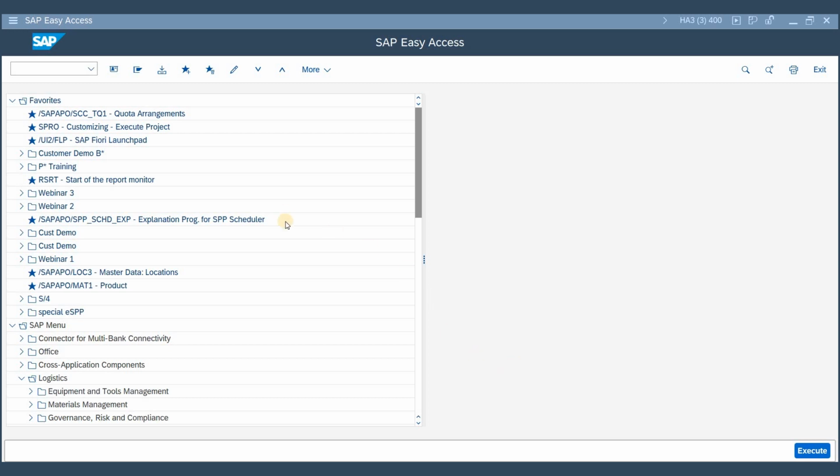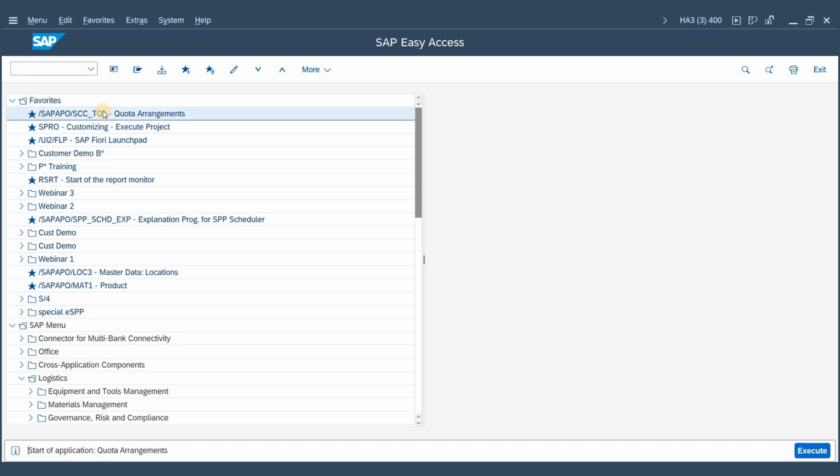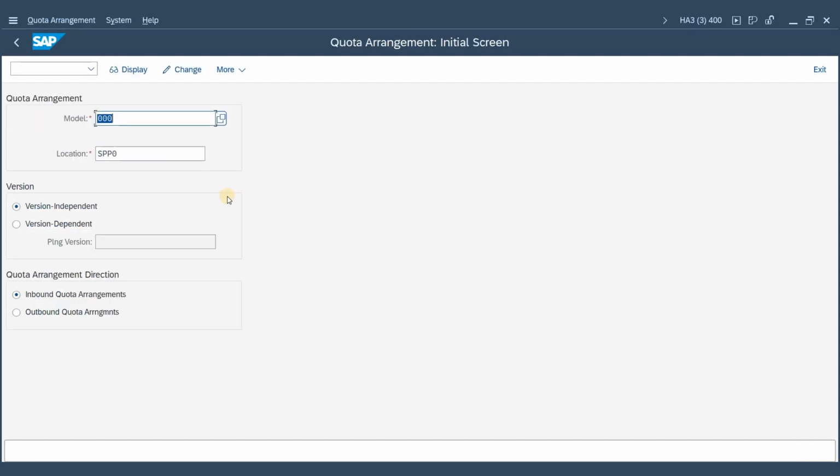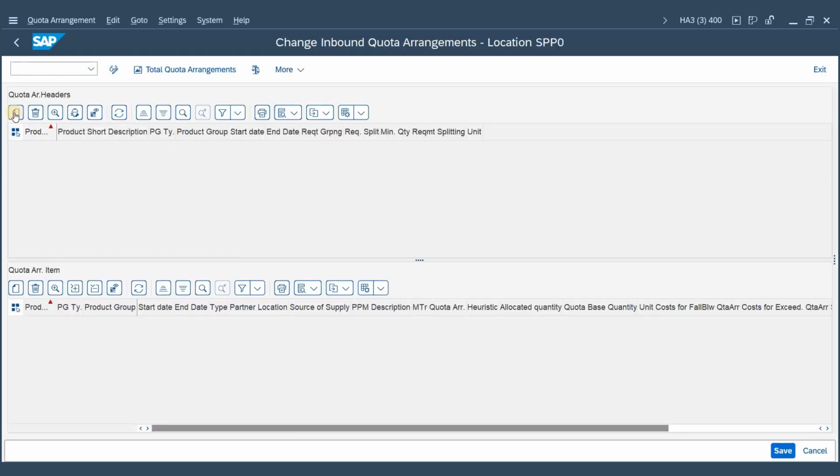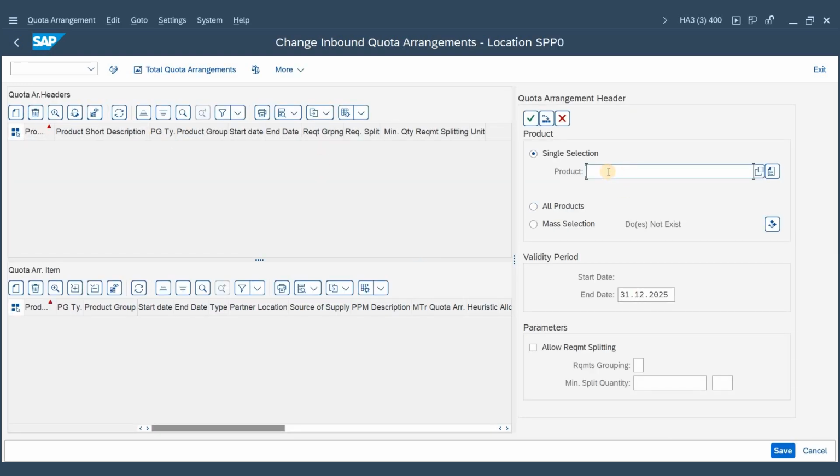In order to do that, we need to tell the system from which vendors and in which percentage we want to order. Therefore, we are going to create a quota arrangement. We go into the system and create the quota arrangement for a certain material.